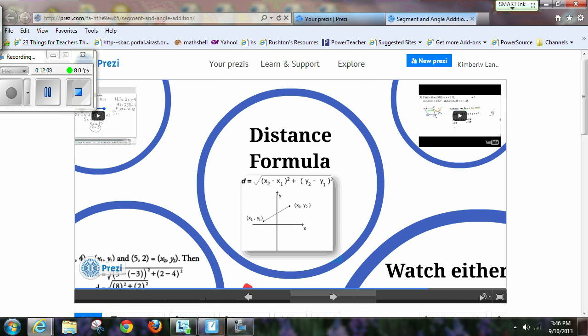Now we come to the distance formula. And the distance formula is important when we graph our segments on a coordinate plane. So we have ordered pairs. As you learned in algebra, we call the first ordered pair with the sub 1s, x sub 1, y sub 1. The other endpoint, we will use the sub 2s, x sub 2, y sub 2. And the distance formula is the square root of, that's what you're going to do very last. You're going to take the difference of the x's and square it, plus the difference of the y's and square